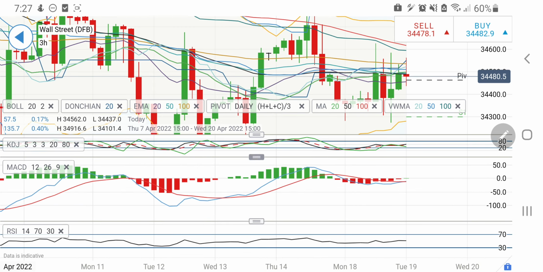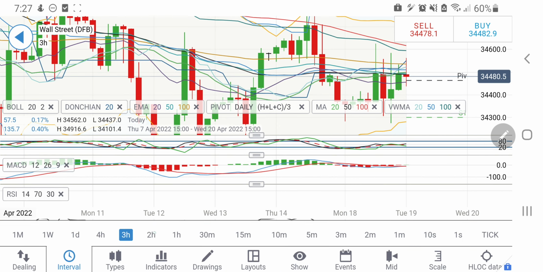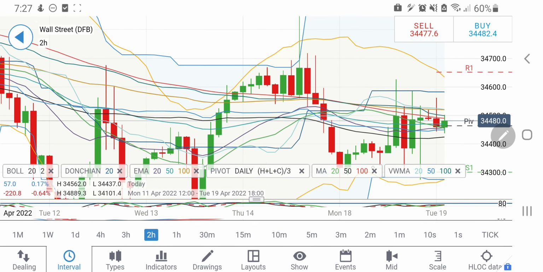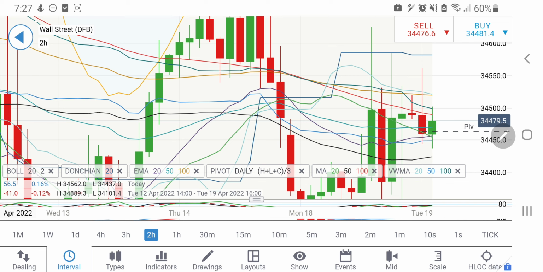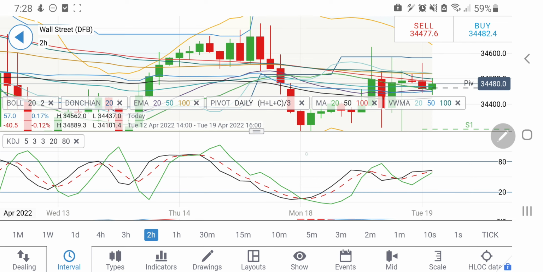Stochastic here is looking upwards. MACD has just crossed over on the buy side on the 3-hour charts, and RSI is not showing any signs here. And if you look at the 2-hour charts, similarly on the 2-hour charts as well, it is trying to form lower highs, and that is why I say I will be watchful of 34,550 levels. And yes, you can take a long entry at 34,500. Beyond that, 34,530 and 34,550 should come into picture. Beyond that we may see a rise, and below 34,440 it can try to drop towards 34,400, 34,370 and 34,300 levels. So you can take positions accordingly.